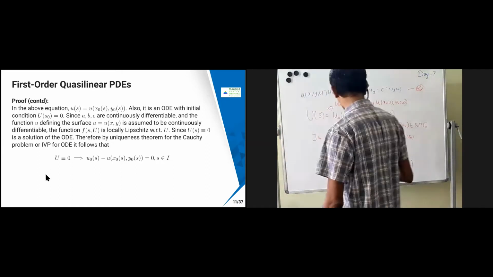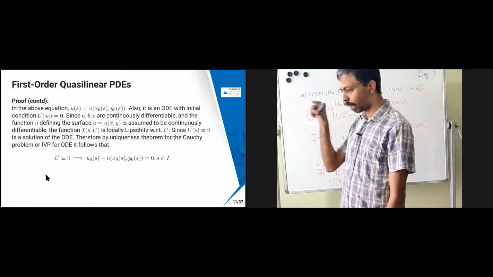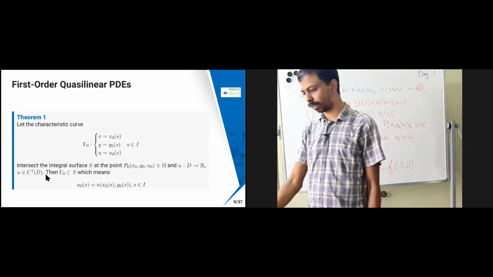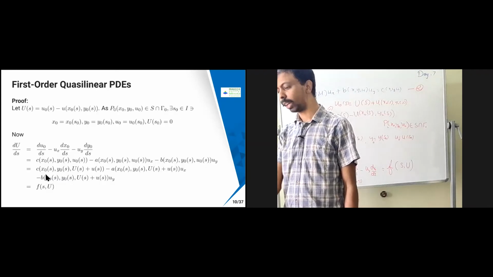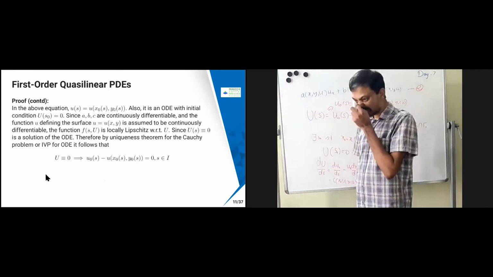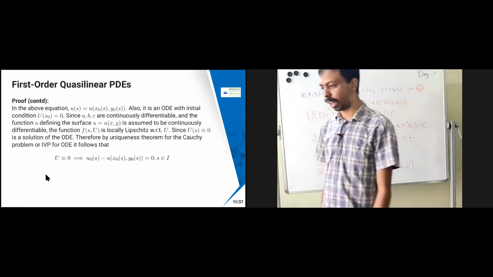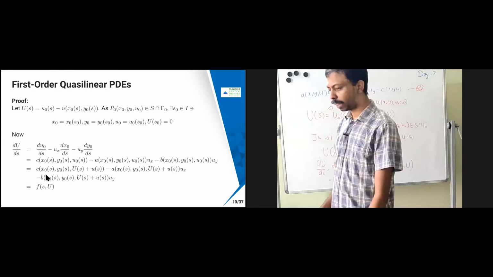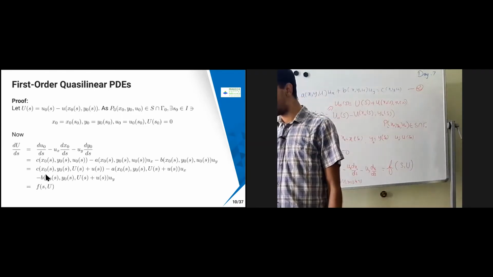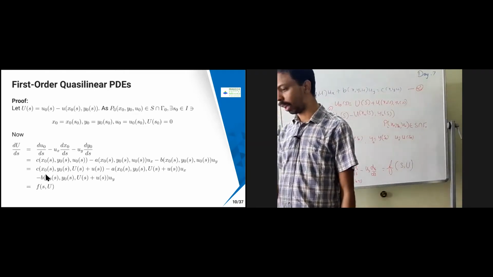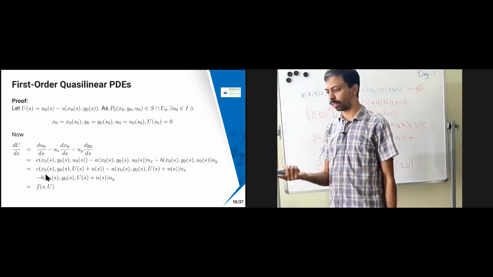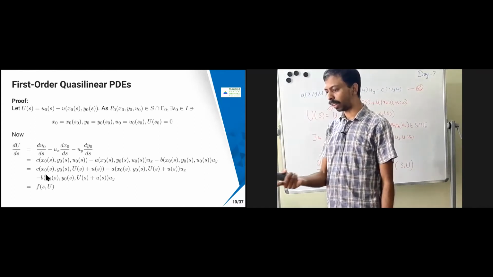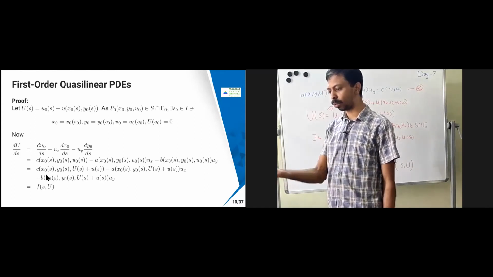Also, we mentioned in the theorem that u belongs to C1 of D. Therefore, u is also continuously differentiable. So C is continuously differentiable, A is continuously differentiable, u is continuously differentiable. Therefore ux is going to be continuous, uy is going to be continuous, and everything else is going to be continuous.